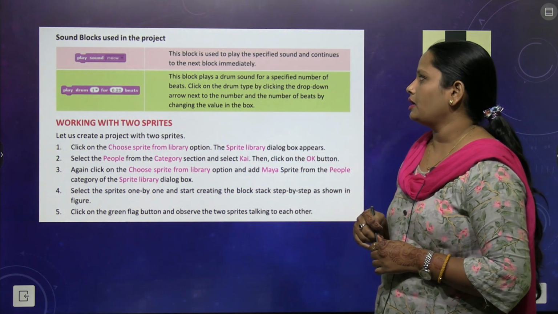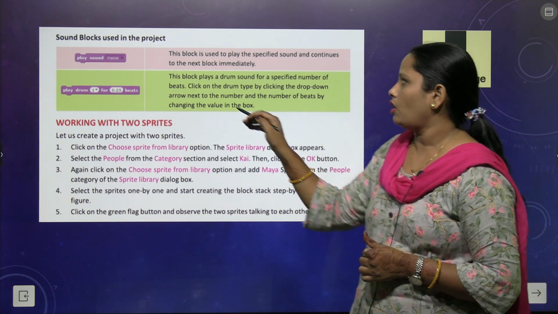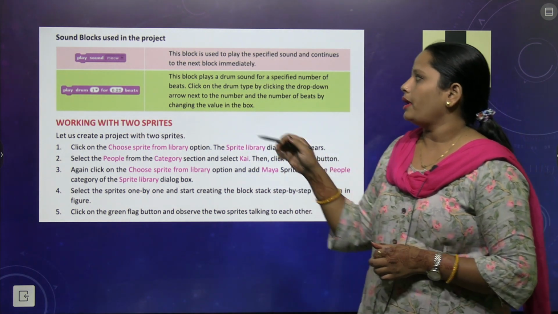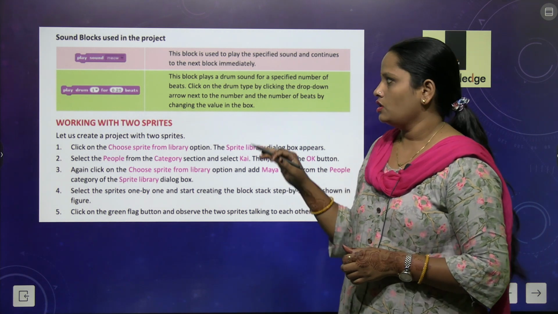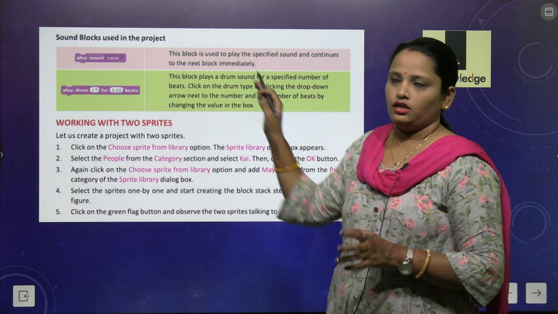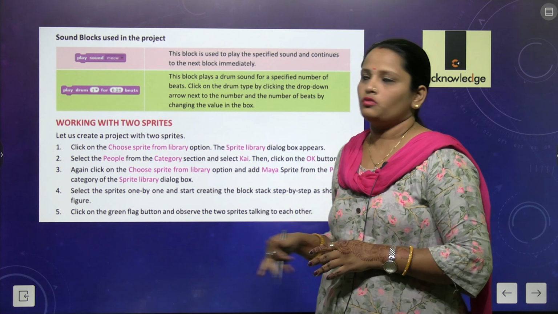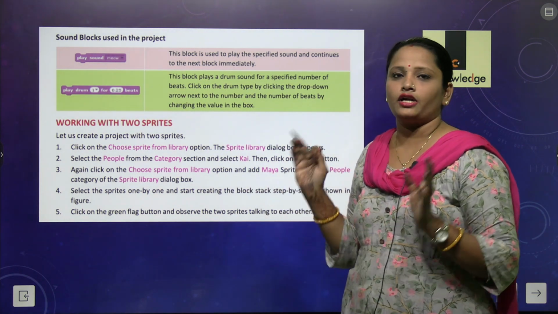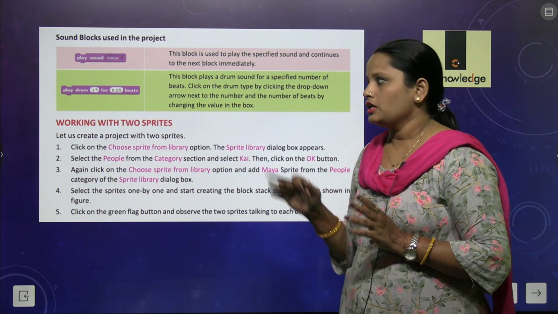We have to choose the drum type by clicking the drop down arrow next to the number, and set the number of beats by changing the value of the box. So these all things are to be done to play this play drum option. Okay. After doing this, after adding sound to our script, now what we are going to do,